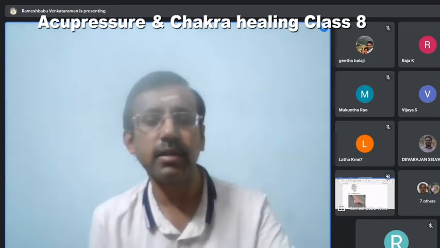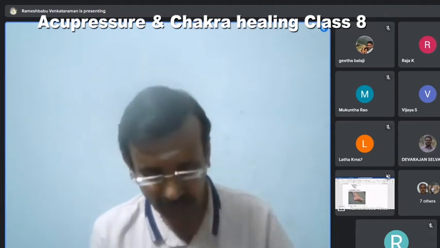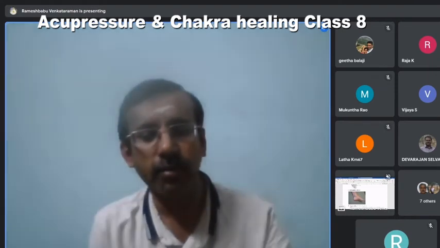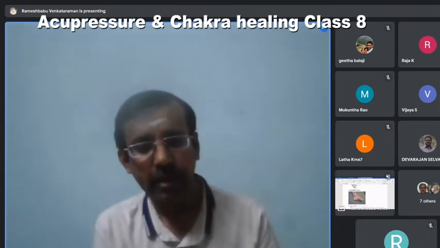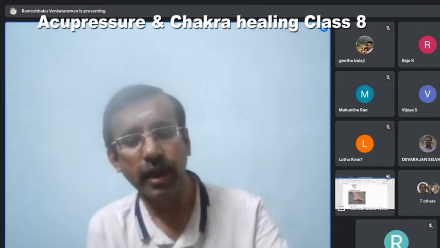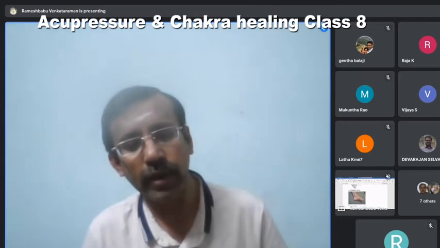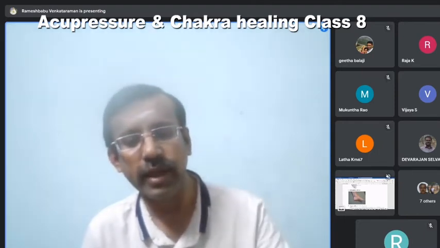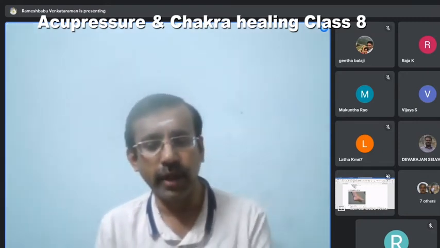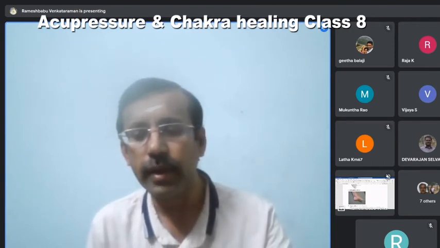Next is K3. So K3 is useful for asthma, diabetes and lumbar pain. So where is K3? See, the portion they have shown here is on the side where your bigger toe is there, right? Bigger toe. அதான் நம்ம கட்டை விரல் இருக்கிற இடம் தான் அந்த இடம் காட்டியிருக்காங்க. So you can see here, there is a bone, right? Just come behind the bone. That's it. It is there in that point. Okay, it's very easy to locate. ரொம்ப ஈஸி இந்த பாயிண்ட் கண்டுபிடிக்கிறது. அந்த முட்டி இருக்கு இல்லையா, அந்த முட்டிக்கு பின்னாடி இருக்கிற பாயிண்ட் தான் K3. Just behind that.